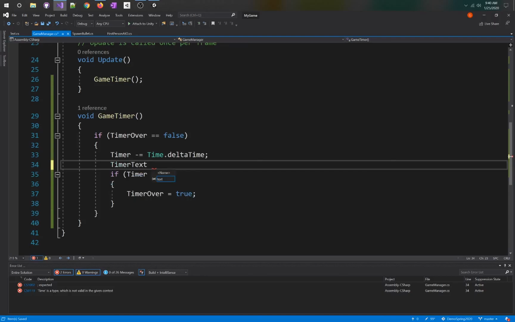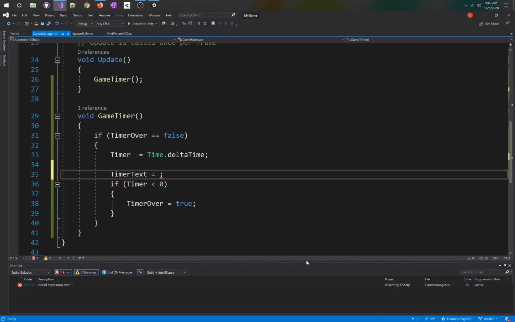Timer text equals. And then what we're going to need to do is put in what it is that we want to have in here. We're going to type in timerText is timer.ToString(), open parenthesis and then close parenthesis. And what this is, toString, this creates a string word because one of the things that we're going to see is we cannot